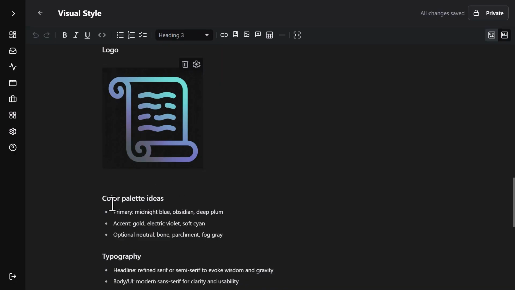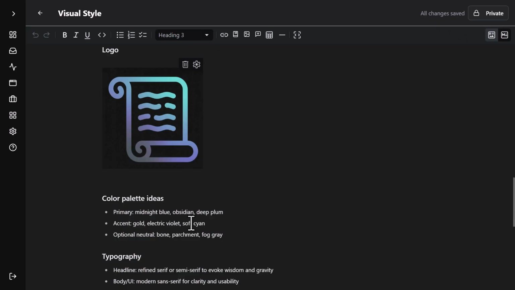Let's move on. So next we have color palette ideas. Primary, we have midnight blue, obsidian, deep plum. I generated this logo here long before this visual style guide existed. So how is it then that the logo matches the primary colors of the style guide, midnight blue, obsidian, deep plum? The answer is that when I created this, I used the term technomysticism as part of the image prompt. So in the LLM brain, it just has it somewhere that purple and blue is part of technomysticism. But also, for what it's worth, LLMs just really like purple and blue for some reason. You could even count it as an AI cliche. But be that as it may, I'm not mad at it because I kind of like the way it looks.